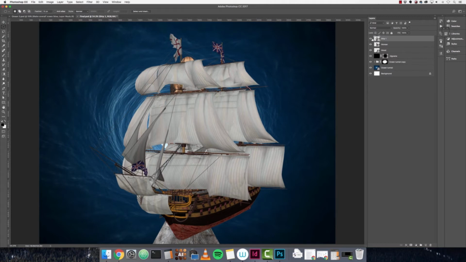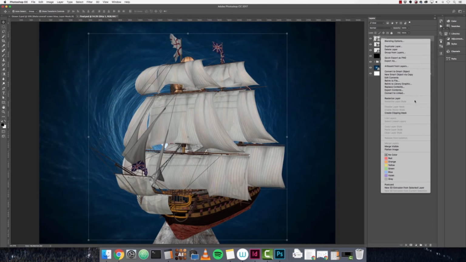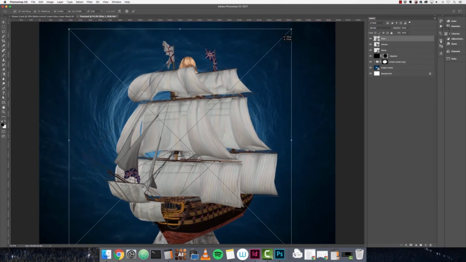Or hit enter. Now the ship is a smart object because we dragged it in. Double check that you have that smart object icon in the bottom corner there. If not, right click and convert to smart object. Now I'm just going to scale this down a bit